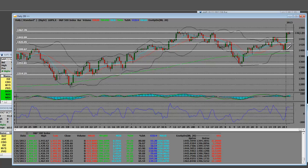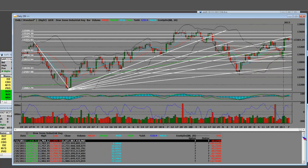And if this breakout was to be real and we were going to get up to the 1495 area, you'd have to back in, fill that, test these moving averages, then come back up in a high frequency buy model and break these highs, the calendar 2012 highs. That's the S&P update. Now, as far as the Dow goes, we can clearly see here,